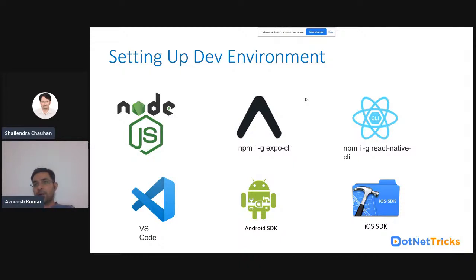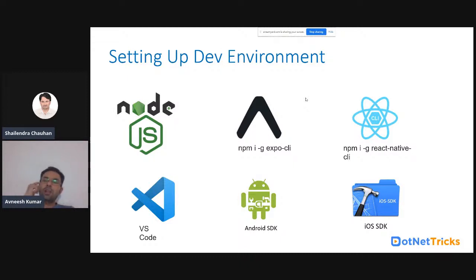But as per my experience in React Native development, if you are a fresher or you don't have much experience in React Native development, then go for React Native CLI, right? But if you are proficient, an expert, or you have less time to develop a React Native application, then go for Expo CLI.